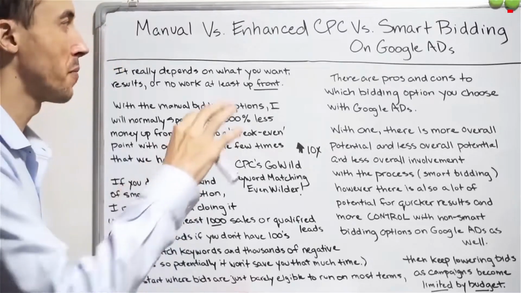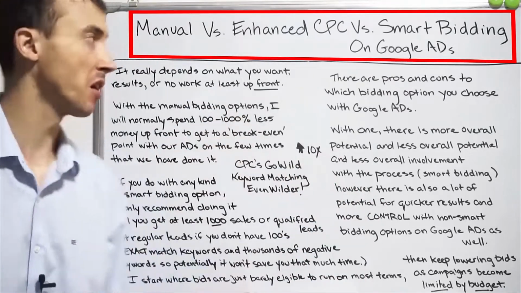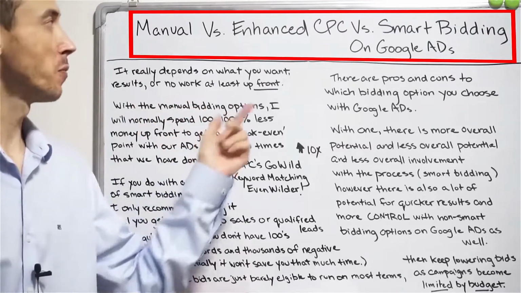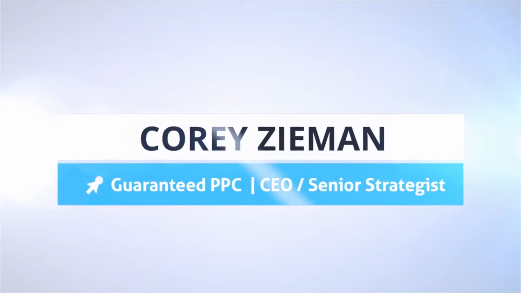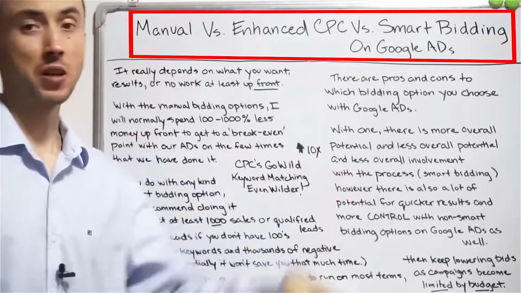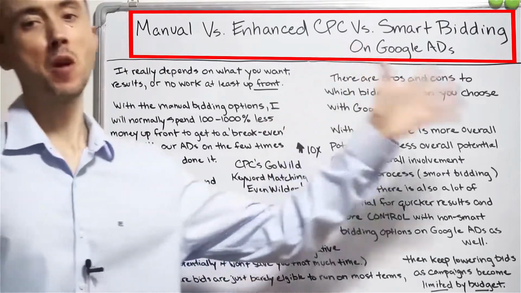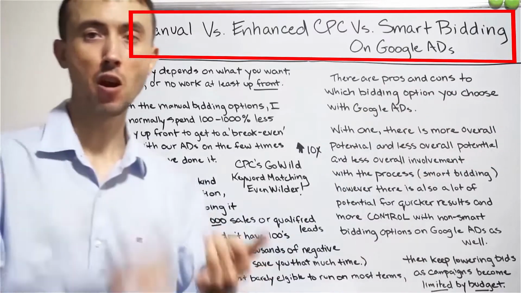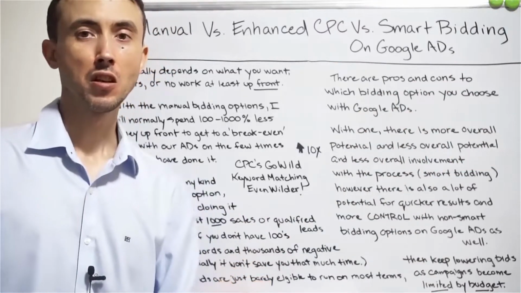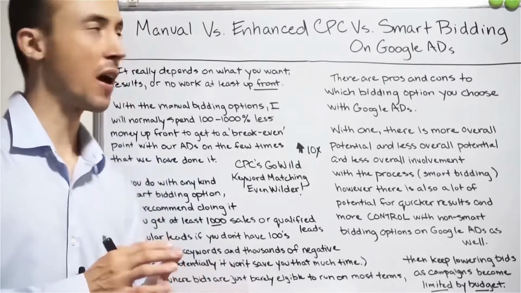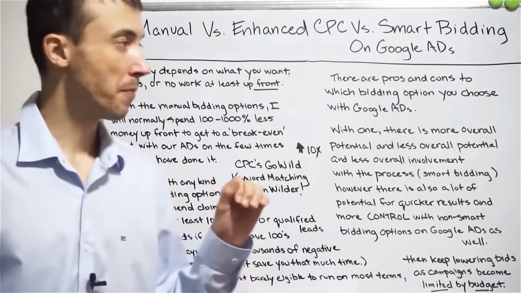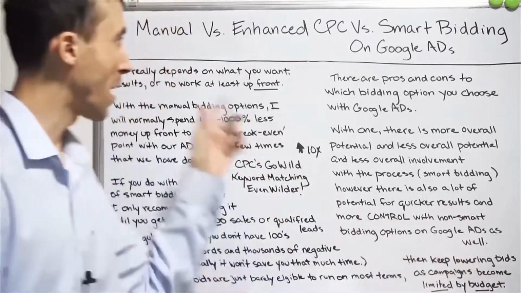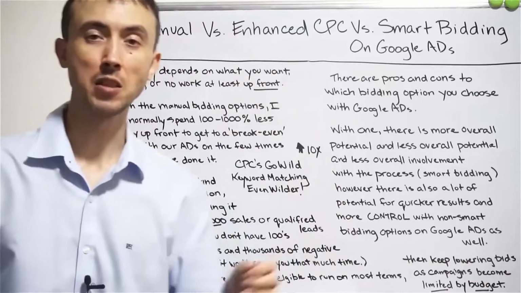Okay, today's video we're talking about smart bidding versus basically manual bidding. There's a different type of manual bidding called enhanced CPC bidding, which is something that I use in every single search campaign I use. And I'm going to explain why in this video. And of the smart bidding options, of course, there's target CPA, target ROAS, of course, as well. Maximize clicks, if you want to count that technically. And I'm going to explain the differences between those and the manual options, manual and enhanced CPC, which is basically